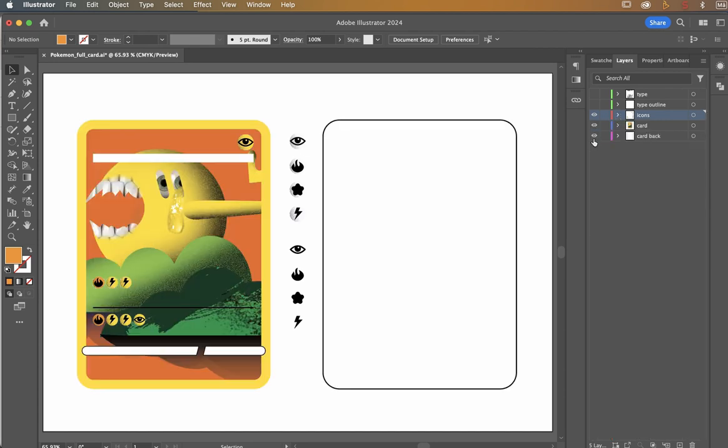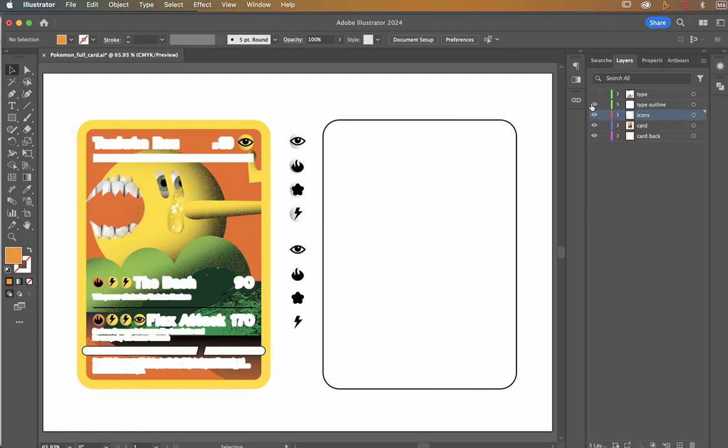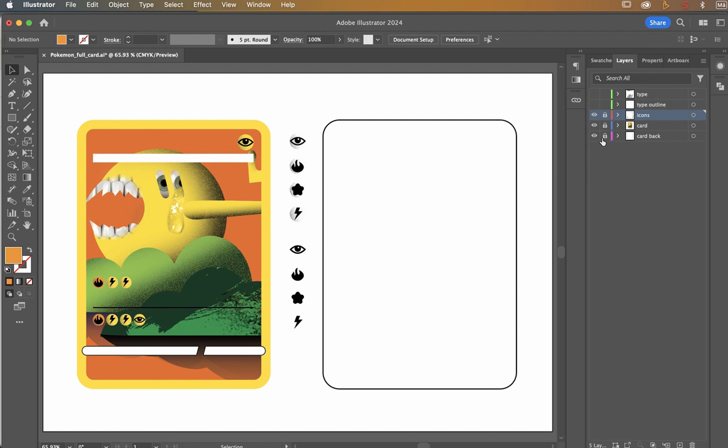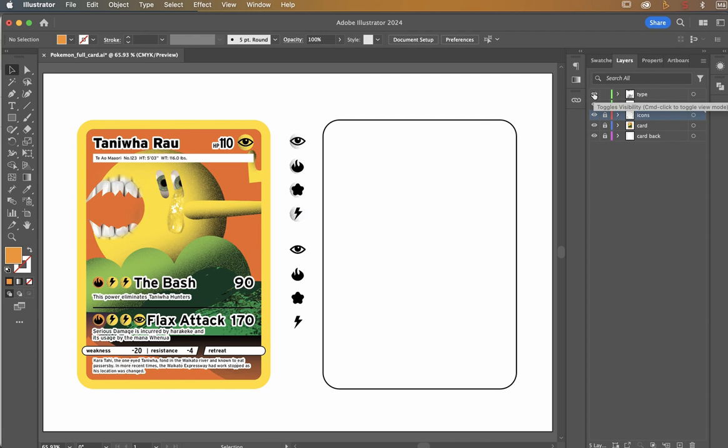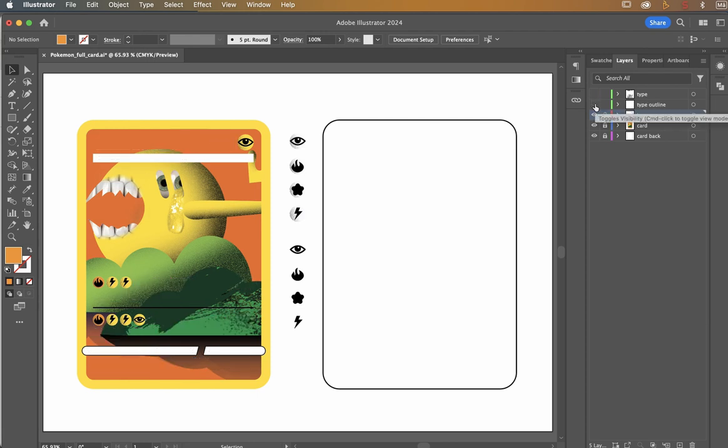So having a look at this, we've got our back card. Can lock all these layers if we want. Now we've got, I will lock them. Now we've got this text, which is the shadow. It's called type outline and type. So what I'm going to do is click on type outline. I click here so that I know I've got that layer selected. I'm going to lock everything else just to make sure, and I'll go